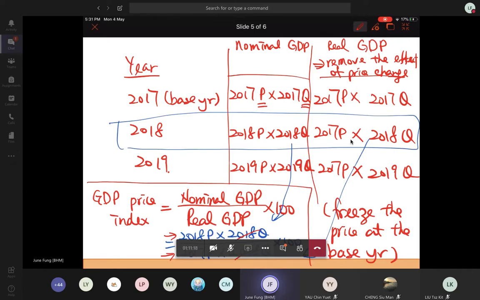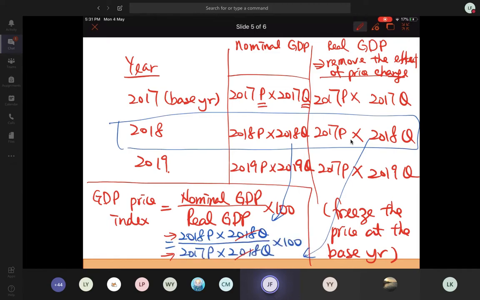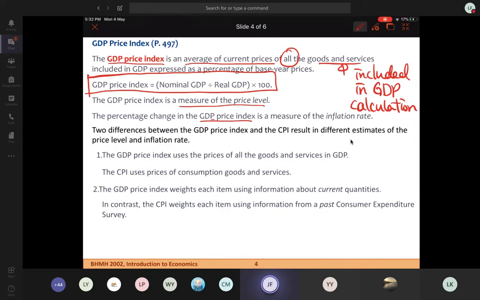所以我哋可以用呢個方法去計 price change。如果計出嚟大過100，即係18年嘅價格高過17年嘅價格。如果細過100，即係分母大啲，17年嘅價格大啲。當你有2年嘅 price index，you can calculate the percentage change, and then that is the inflation rate. 我哋有2年嘅 GDP price index，照計 percentage change，新減舊除舊乘100%，都可以計到 inflation rate。